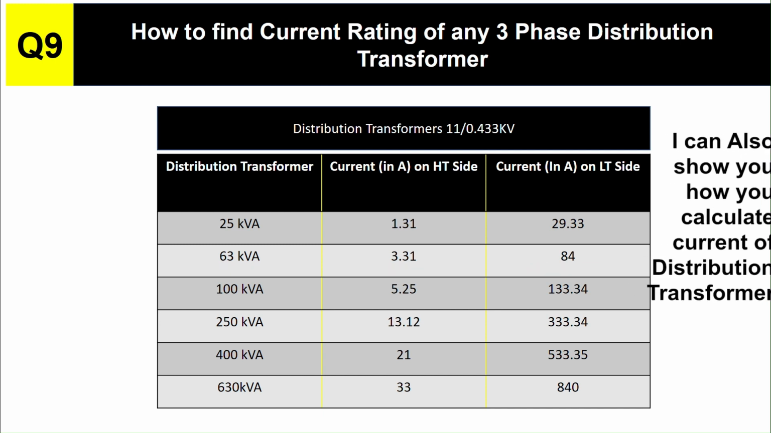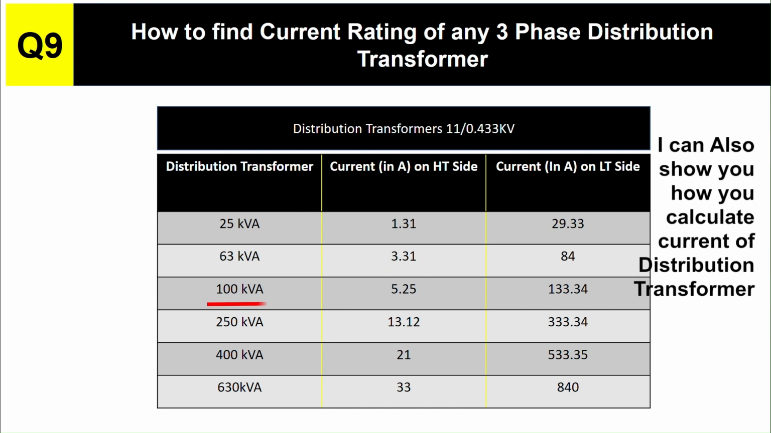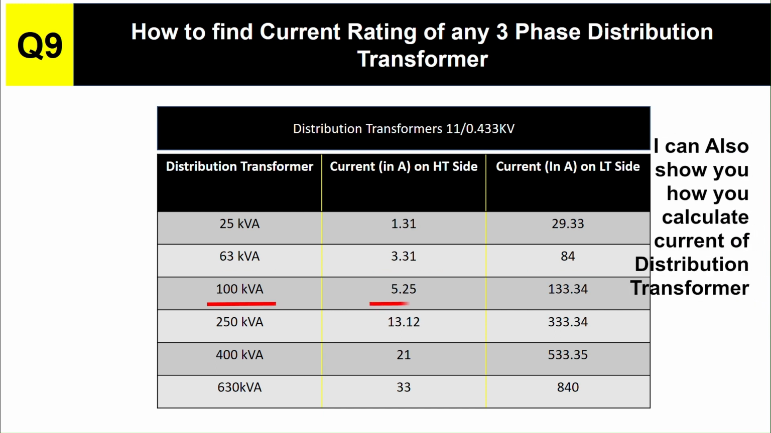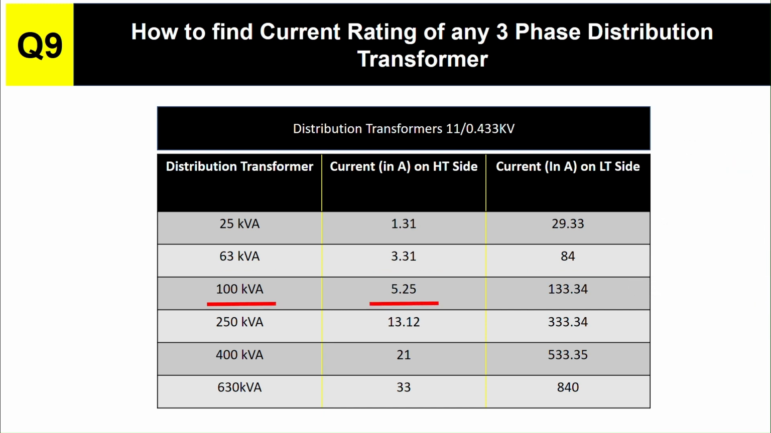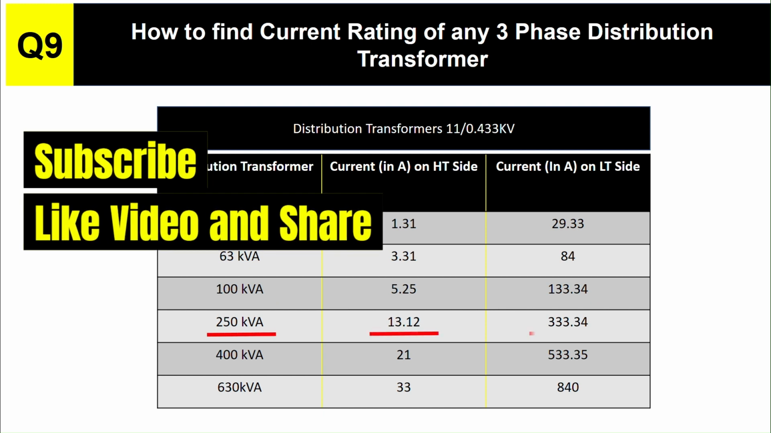Similarly, at 11 kV, for a 100 kVA transformer, the current on the HT side is 5.25, and the current on the LT side is 133.34. Similarly, for 250 kVA, the current on the HT side is 13.12 amperes, and the current on the LT side is